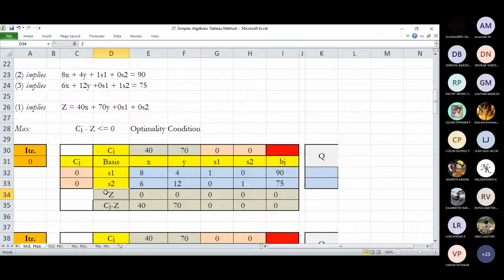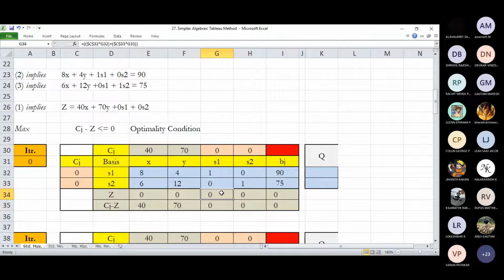In this case, this is pretty different, so kindly pay attention. In a matrix table, we directly incorporate this here in terms of z. But in this case, we need to find z, which is nothing but 0 multiplied by 8 plus 0 multiplied by 6. I repeat, the Cj into x plus the Cj into x of the second equation will be the value of z. Similarly, the next value of z is 0 multiplied by 4 plus 0 multiplied by 12. Since both of them are 0, we get 0 in all the factors.